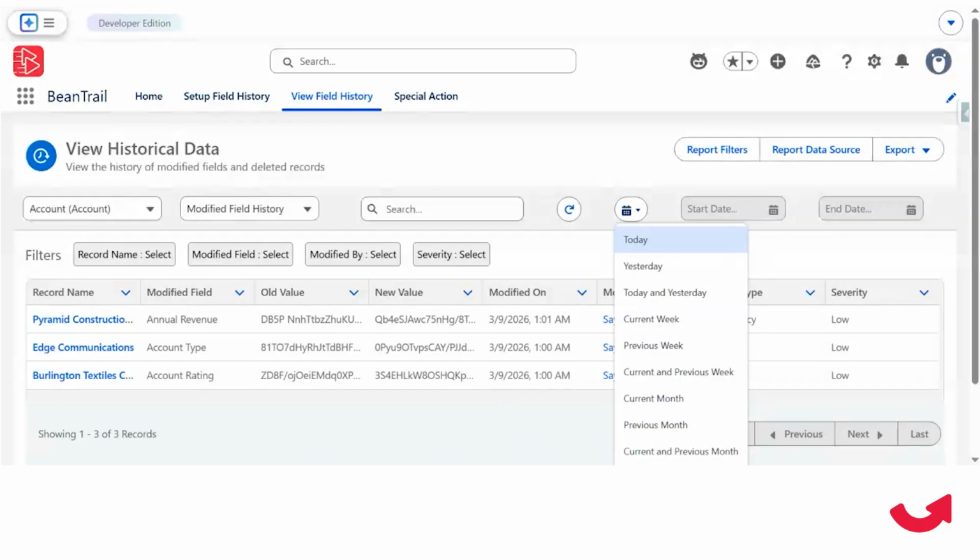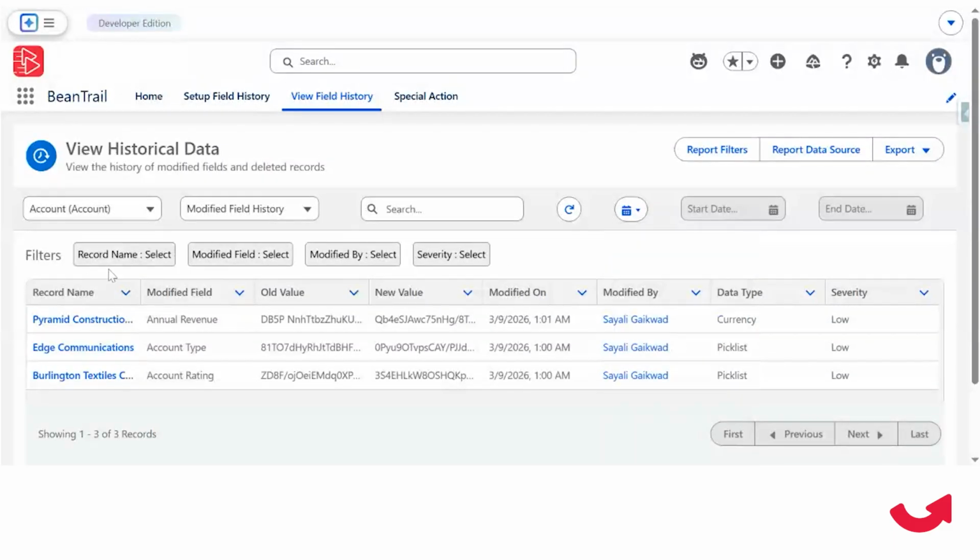You can change the viewing of the data according to the date filter. If you want to see the data from the current week, current month, previous month, etc. You can also filter the data according to record name, according to the field, by whom it was changed,